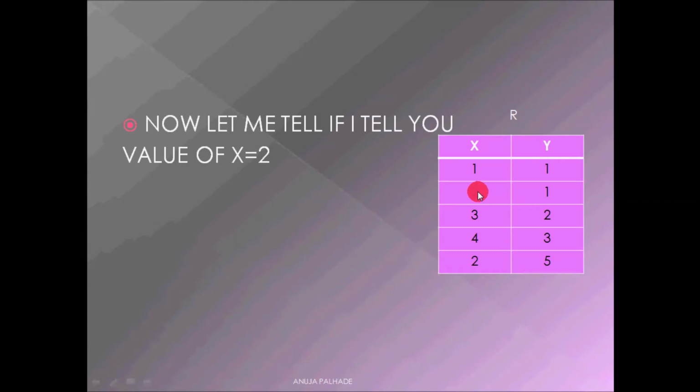Now, y is equal to 1 or 5? No, this is completely wrong. This is not the case with a functional dependency. If you are saying 2, then however many times the 2 is repeating in the relation, it should show the same value. Either 1 should be 5 for this relation, or 5 should be 1. Then only this relation is functionally dependent, or we can say x determines y,